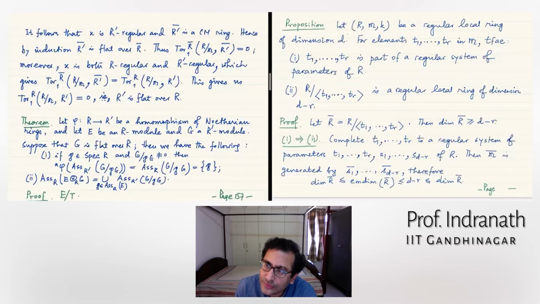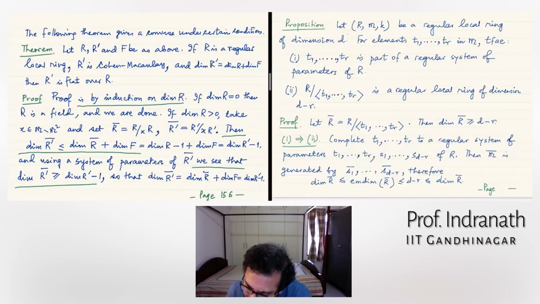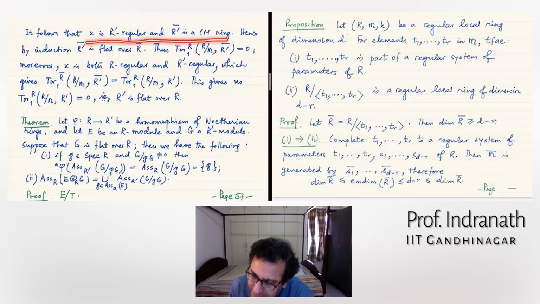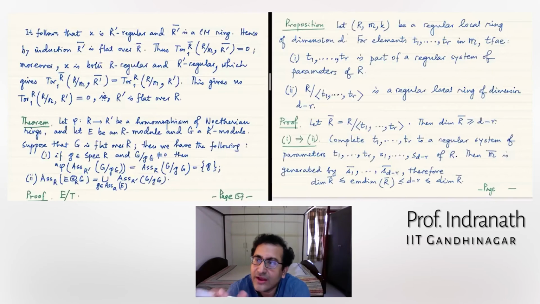How does it follow? If your dimension has dropped exactly by 1 and you started with an element x in m minus m square. Now, how does it follow that x is R dash regular and this is Cohen-Macaulay? What is it that we are using here? Dimension drops exactly by 1 only if x is a non-zero divisor. Absolutely. Okay. So therefore, the depth dimension inequality is being preserved, and therefore you have the